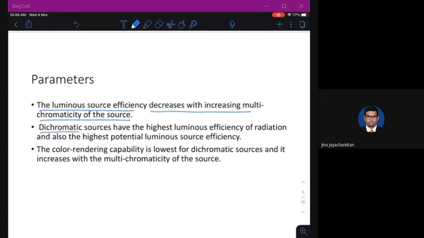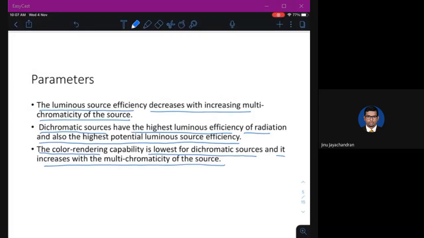So dichromatic sources have the highest luminous efficiency of radiation and also the highest potential luminous source efficiency. Okay? But the color rendering capability is lowest for dichromatic sources and increases with multichromaticity of the source.